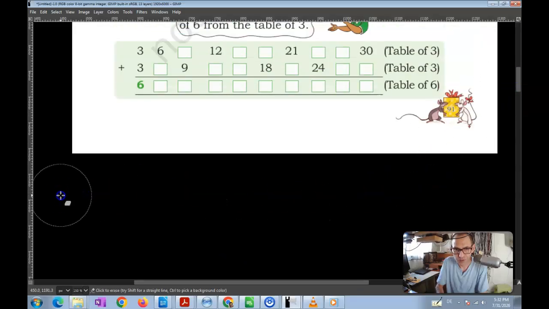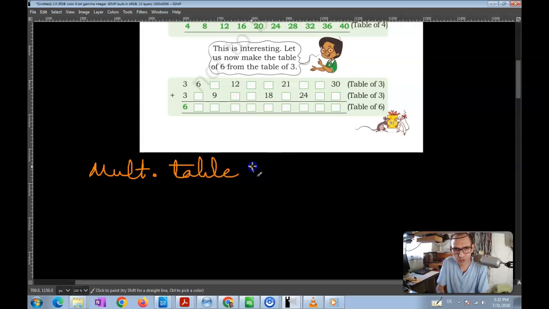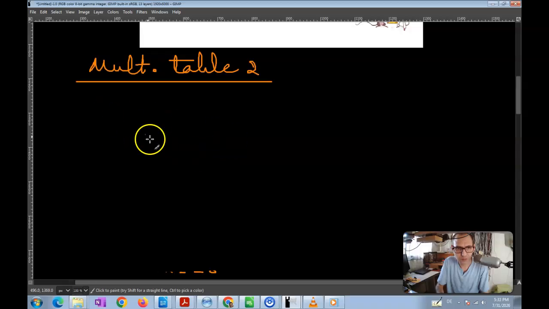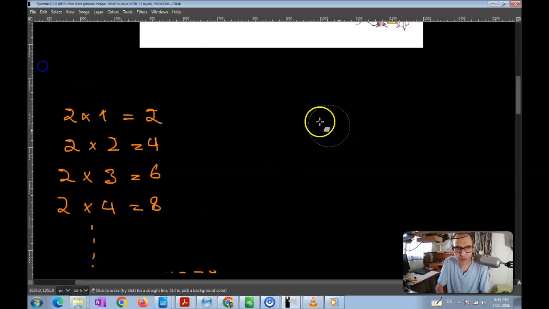If I write down the multiplication table for 2, what we will have is this table over here, which is 2 times 1 is equal to 2, 2 times 2 is equal to 4, 2 times 3 is equal to 6, 2 times 4 is equal to 8, and so on and so forth. Okay? So this is the multiplication table